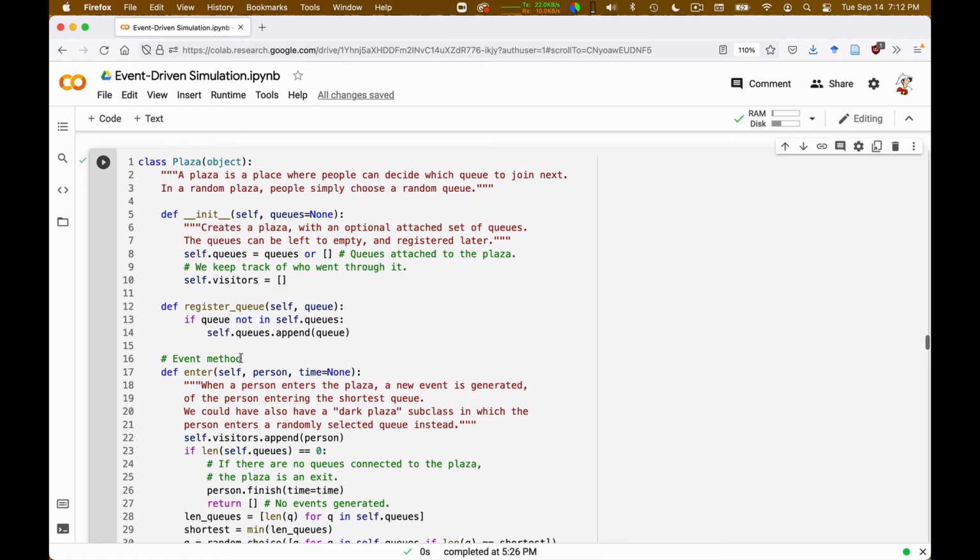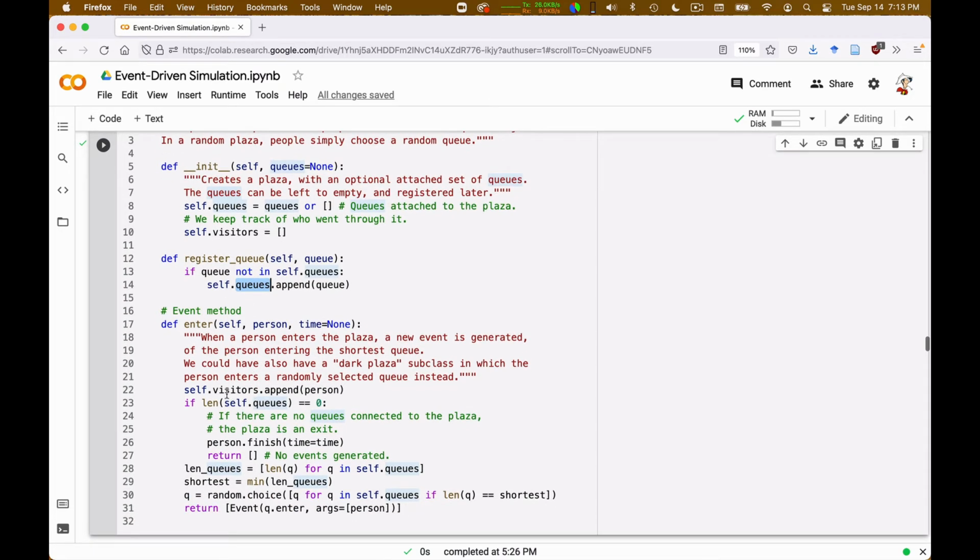So the way I implemented it is this. The plaza has a method register queue, because I have to be able to assemble this network of queues, plazas, and whatever else. So when I have a queue, I can register it to the plaza, and it is put in self.queues, and then I simply check what is the length of the various queues, and I append the person to that. Okay. I also keep track of everybody who has visited a certain plaza.